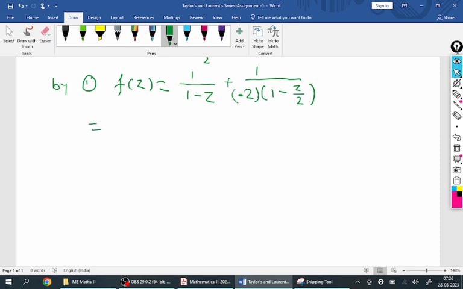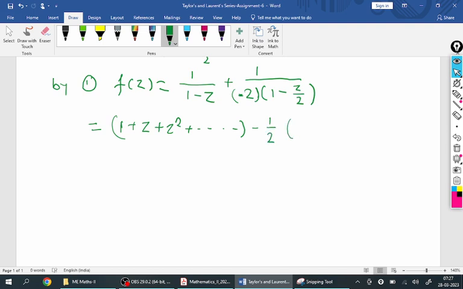So 1 upon 1 minus r. So the expansion of this first term is 1 plus z plus z square plus z cube and so on. So this is the expansion for the first term. At least 3 non-zero terms you should write. Minus 1 by 2 is a constant as it is,